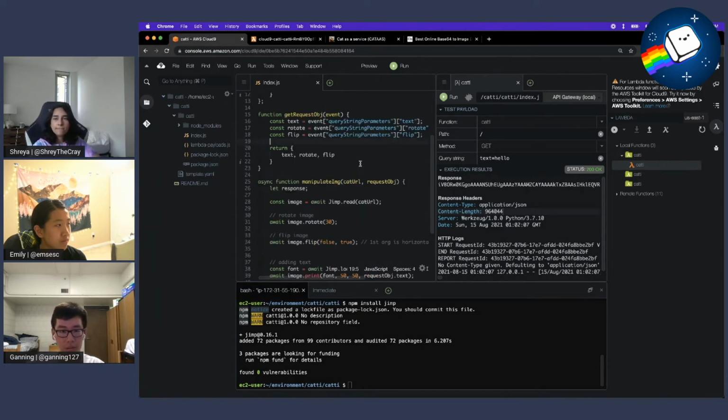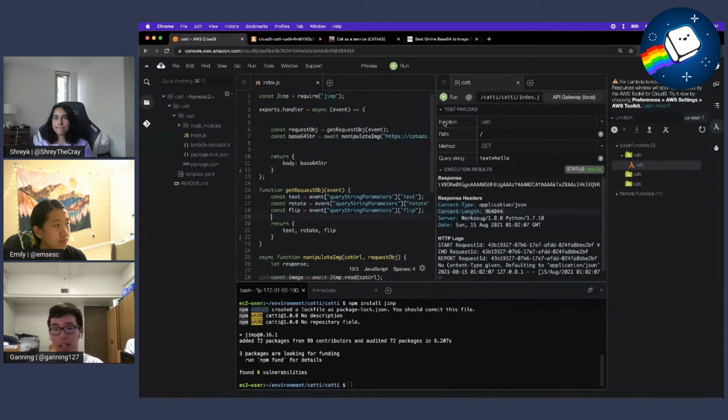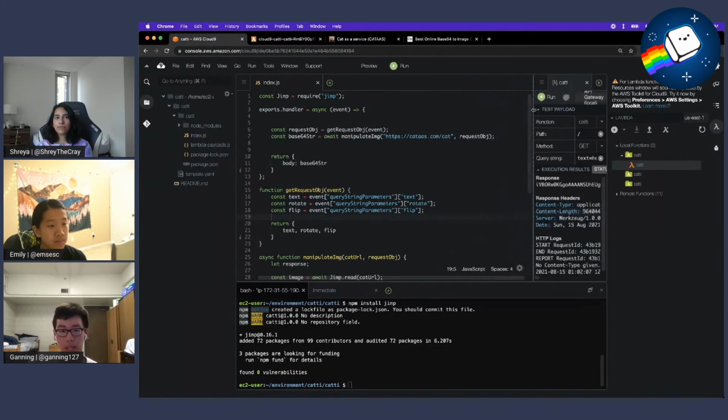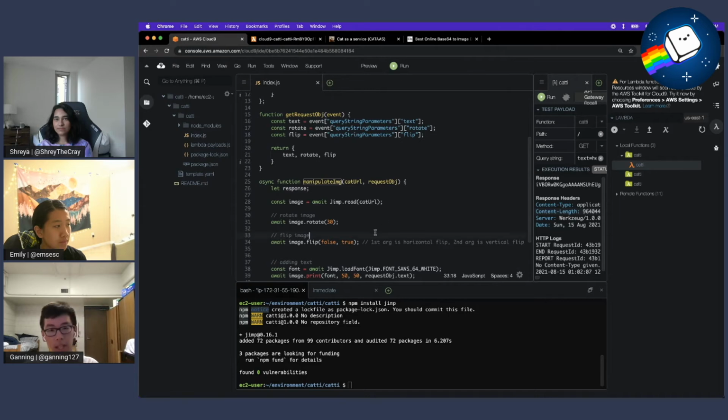And what we can say is, since we're already getting this entire request OBJ, we don't need to change anything here. And that's a super awesome thing about JSON, right? So that's why I chose to only return a JSON object. So we don't have to add request, or we don't have to add rotate, flip for every single new parameter that we're adding. So in here, what we can do is say,